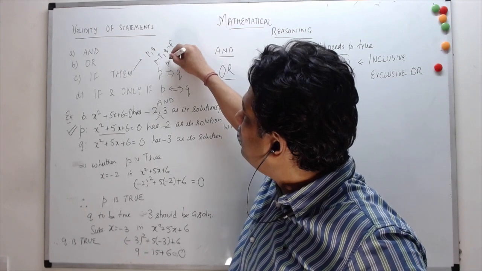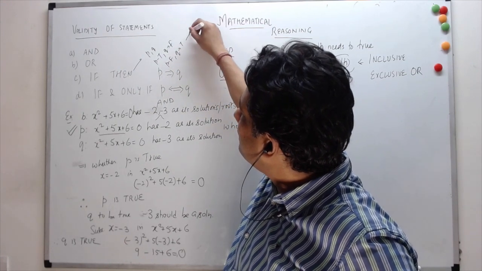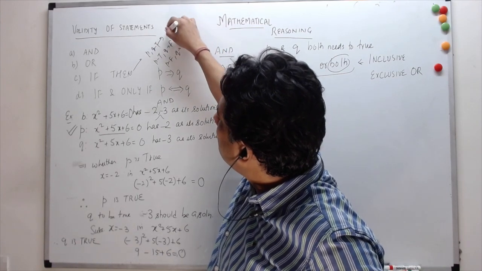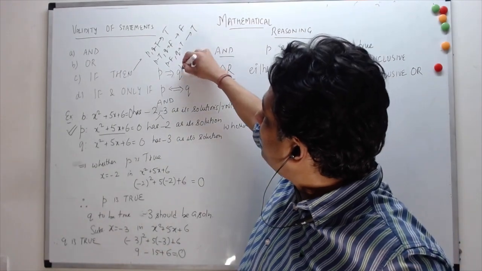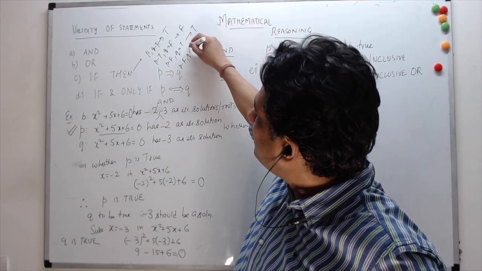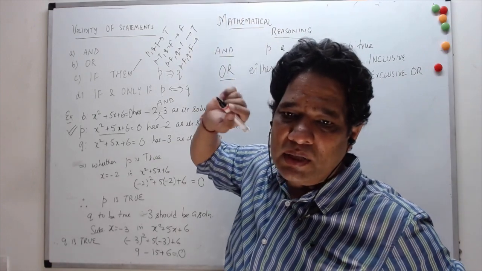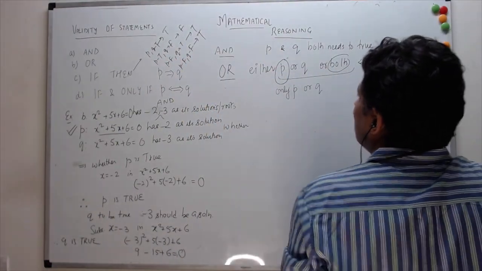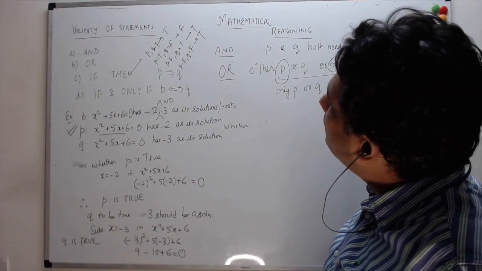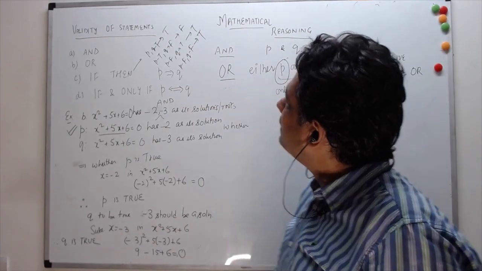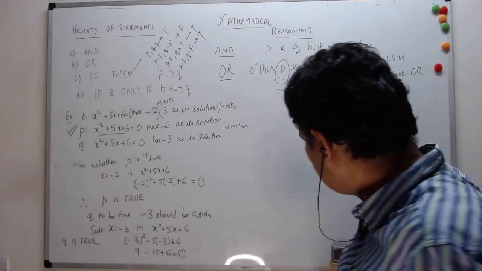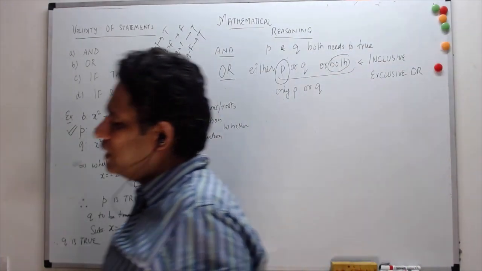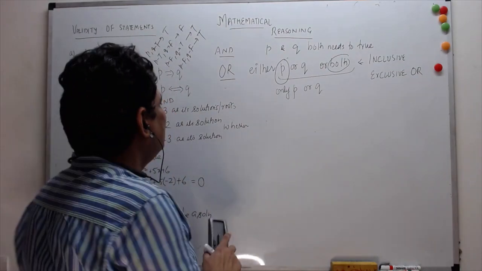And if P is false and Q is true, we say that the entire statement is true. If both of them are true, this is also true. And if P is false and Q is false, what happens under that? It is considered to be true. So only when Q is false, it is considered to be a false statement. Otherwise, it is considered to be a true statement. But how do we actually go about proving such a statement is also an important thing to understand, and that is what we are going to do now.